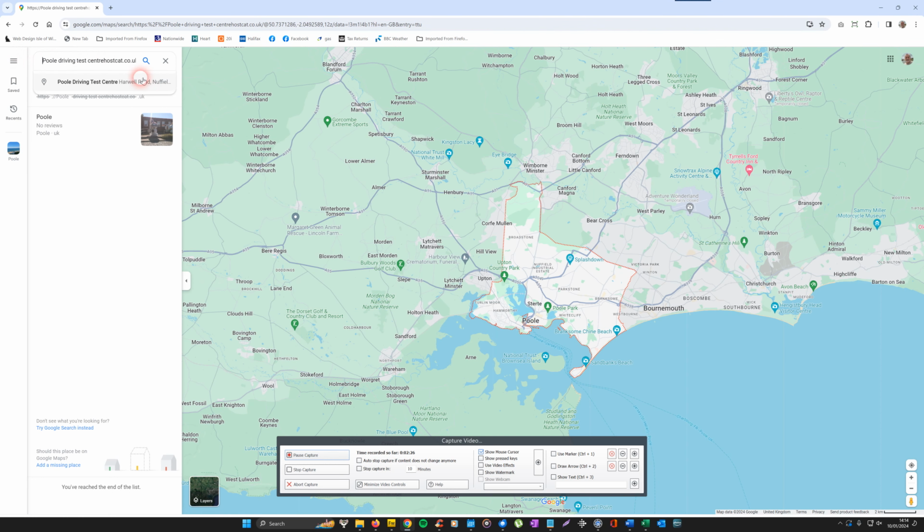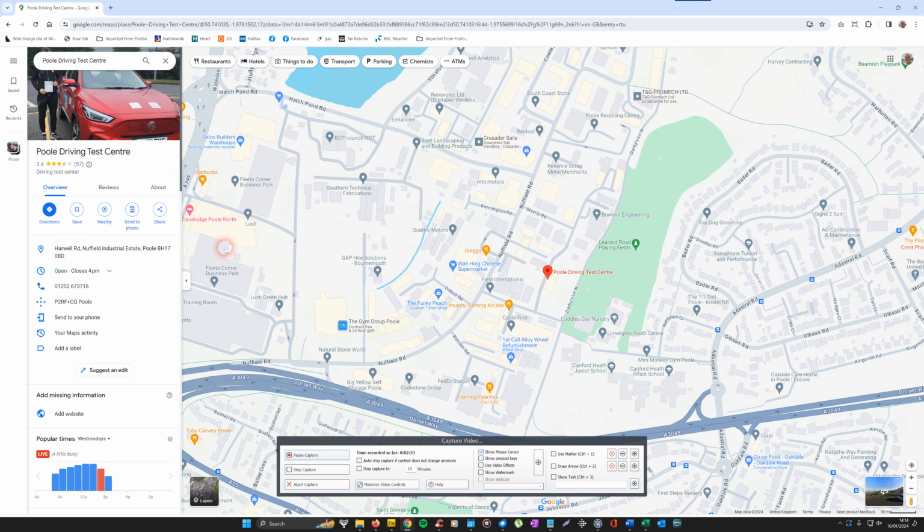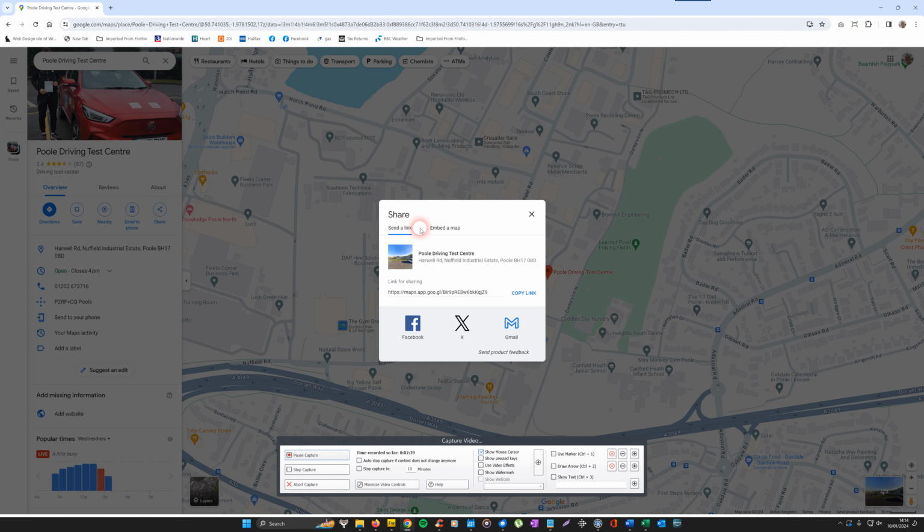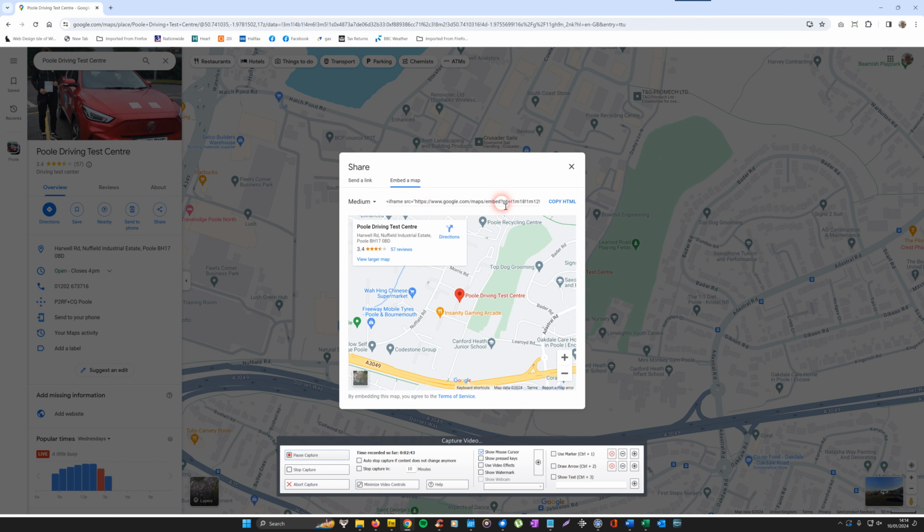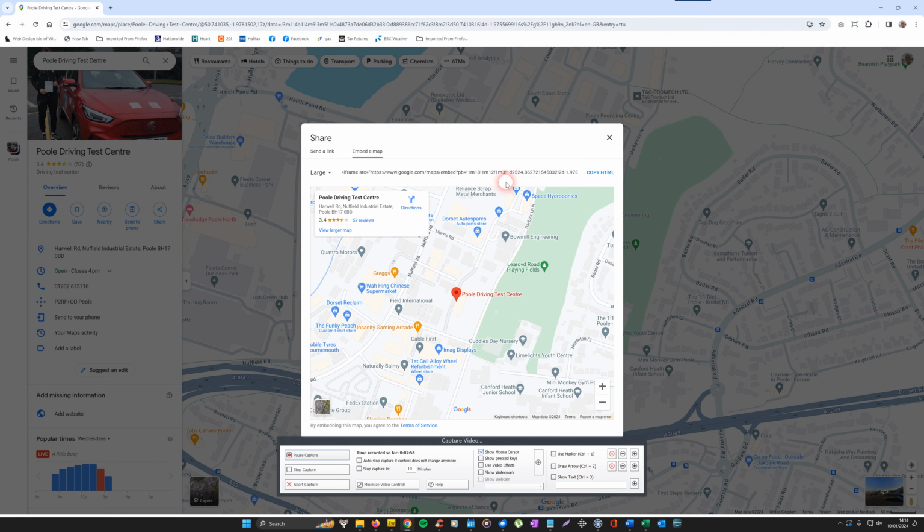Wrong text in there. Center, let's get rid of that. Okay, search, and that's the one. Okay, so we go here to share. You've got send a link and you've got embed a map, so we're going to go to embed a map. Now you've got choices here. You can either have small, medium, large, or custom size. I'm going to go for large. And what you do is put your cursor in that text there, highlight it all, copy it,